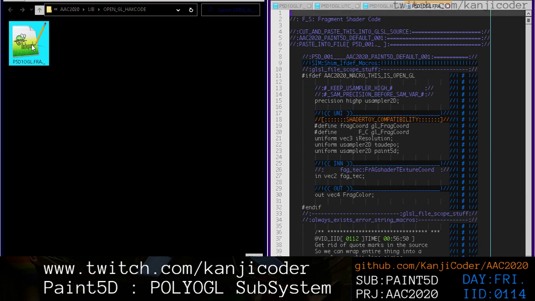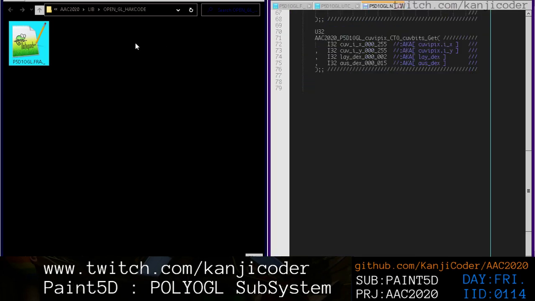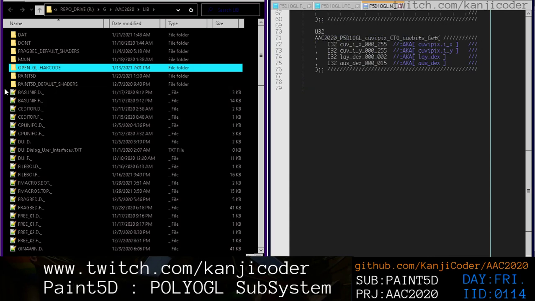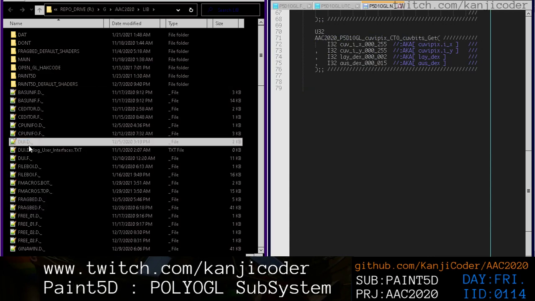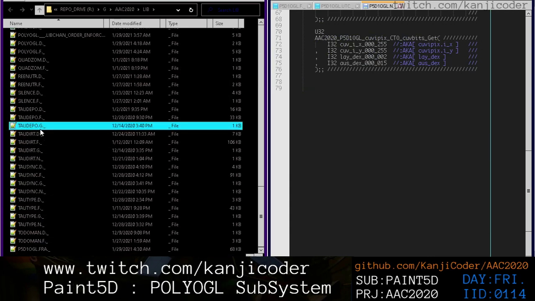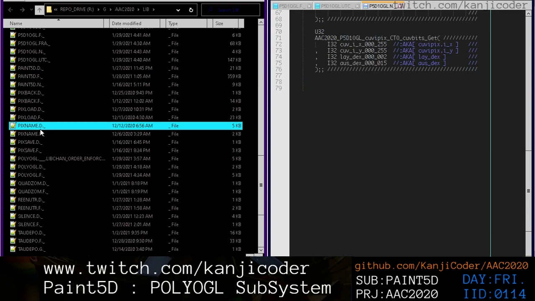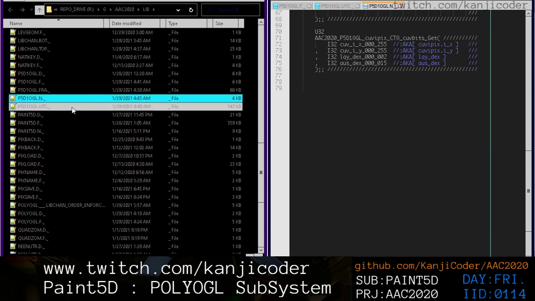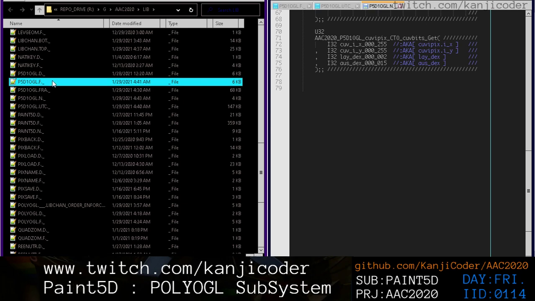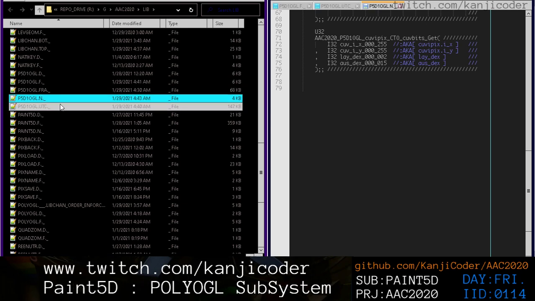Then this fragment thing, we're going to move it, right? So we're going to take this and cut. We're going to go into the main library, and we're going to paste it. Then we're going to hit F5 to refresh, and then we're going to look at P5D, whatever the heck. So P5D, they're right here. So we got the diagrams, we got the functions, we got the fragment shaders, we got the notes and everything,